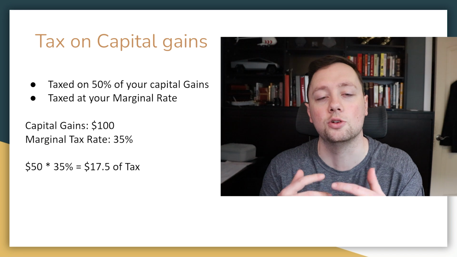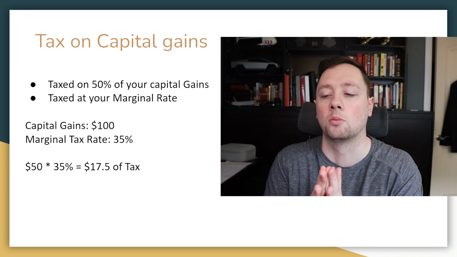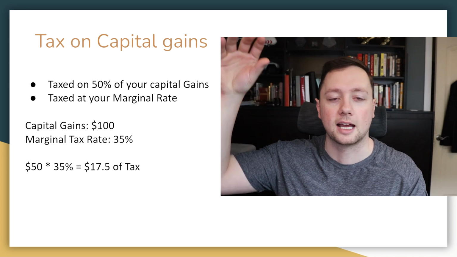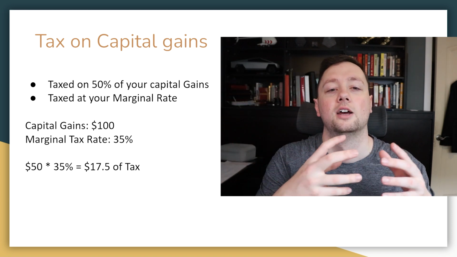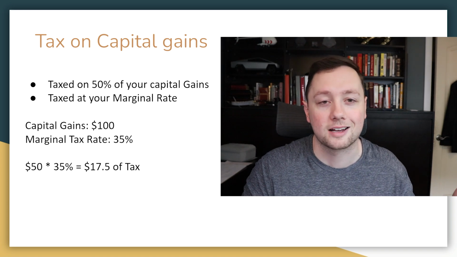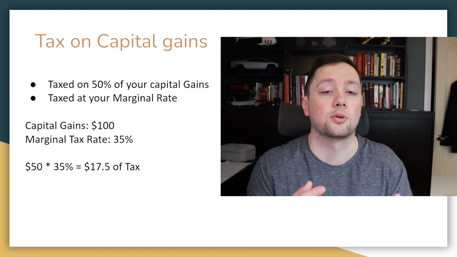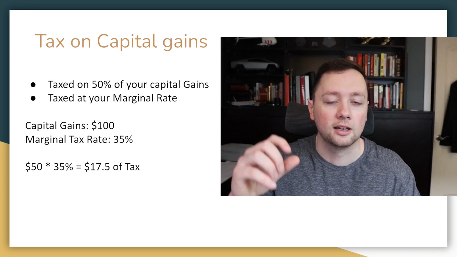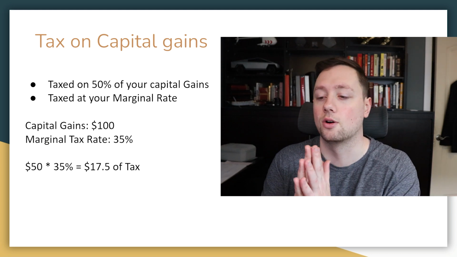And the percentage that you pay tax at, or your tax rate, is determined by your marginal tax rate. Meaning that whatever bracket you're currently paying taxes at here in Canada right now, that is the bracket or the tax rate that is going to apply to your capital gains. So if you make $25,000 here in Canada, you're probably paying tax at like 15 or 20%. But if you make $200,000 here in Canada, you're probably in the bracket of 40 or 42%. And so whatever bracket you are in, that is the rate that will apply to the 50% of your capital gains. So really, really nice.